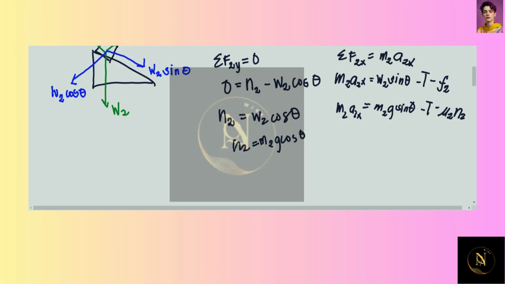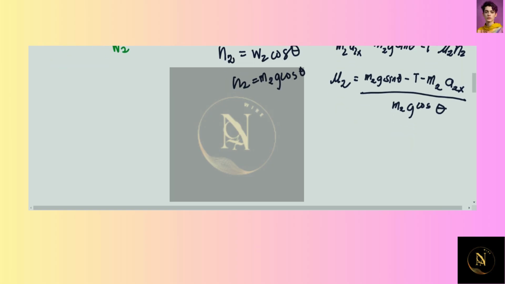Then isolating mu sub 2 to the left side of the equation, mu sub 2 is equal to m2g sine theta minus T minus m2 a2x over m2g cosine theta. Inserting the given values, the equation becomes